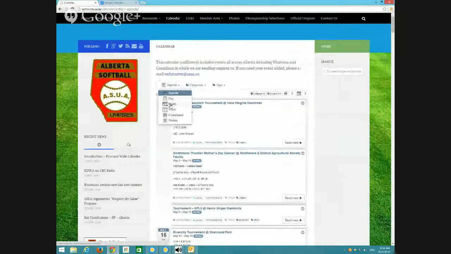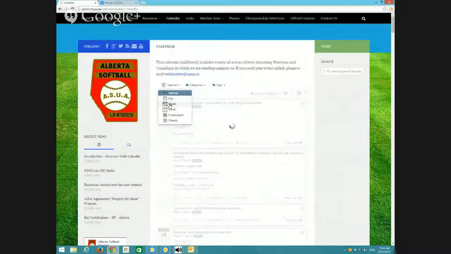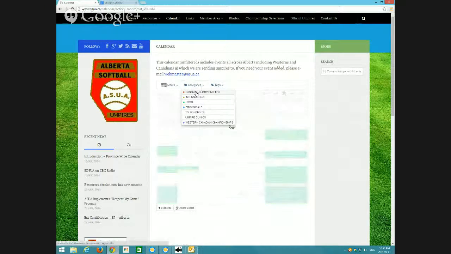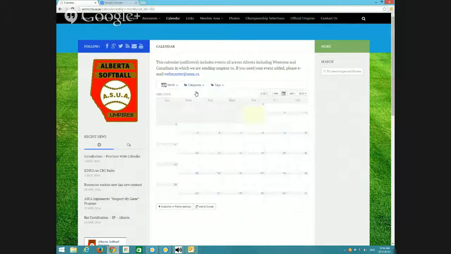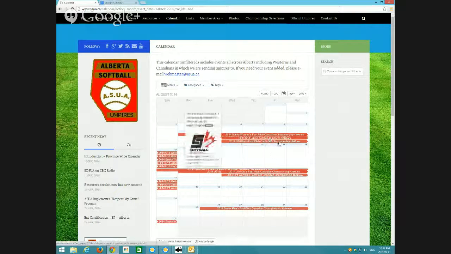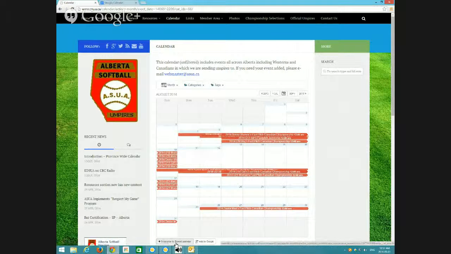Now in this case, I'm just going to demonstrate this works in any view. Go back to the default view of month, which we're in May right now. And I'm going to say I'm only worried about Canadian Championships, for example. And obviously those aren't in May, so if I go forward to June, and then July, and then August, here's all our Canadian Championships. Now I could subscribe to that and only have those in my calendar, but